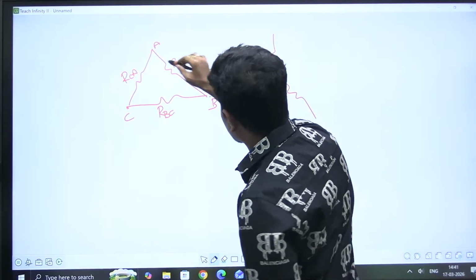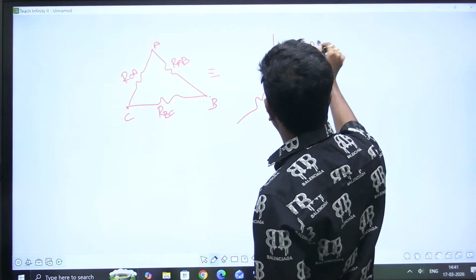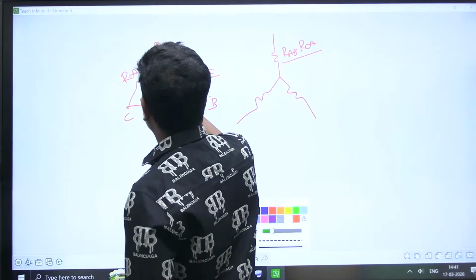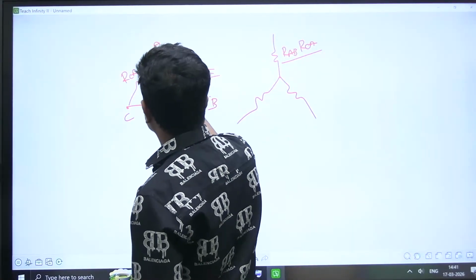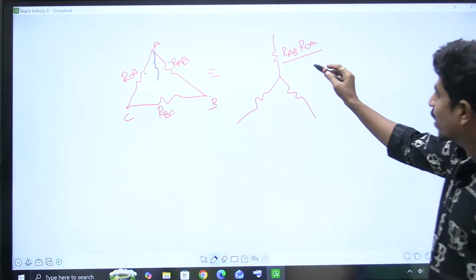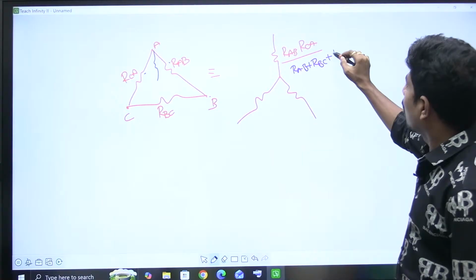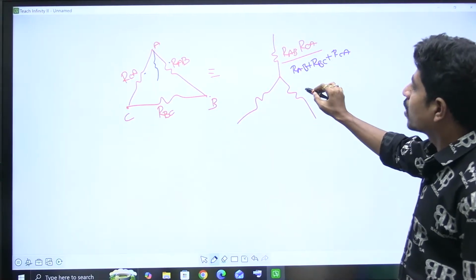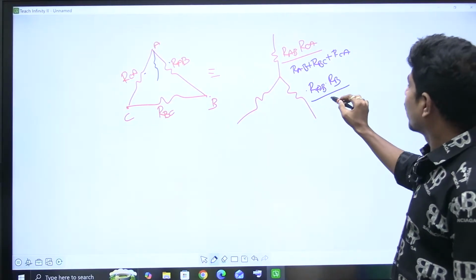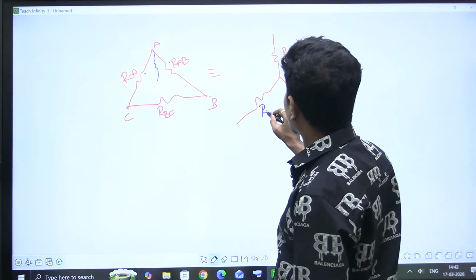What is this here? We get RAB into RCA, the product of these two, divided by the total. Let's understand very clearly. Product of these two divided by total. The total is RAB plus RBC plus RCA, right? This one is RAB into RBC by total. Let's take it as the delta total. This one is RBC into